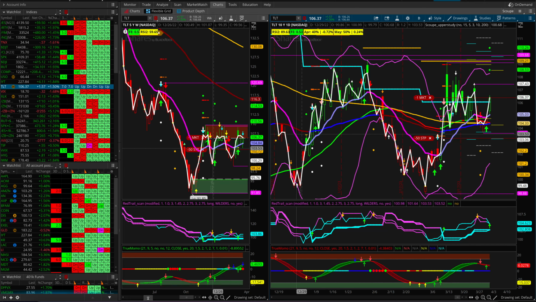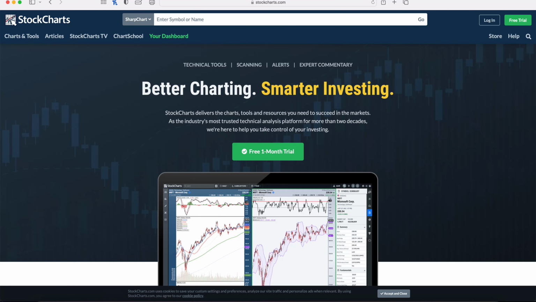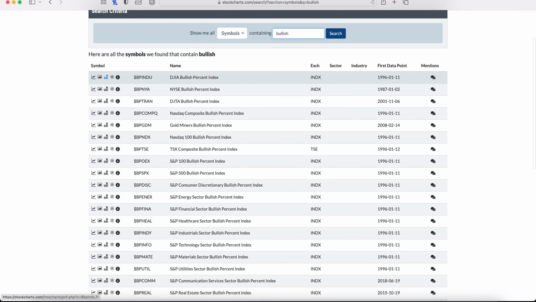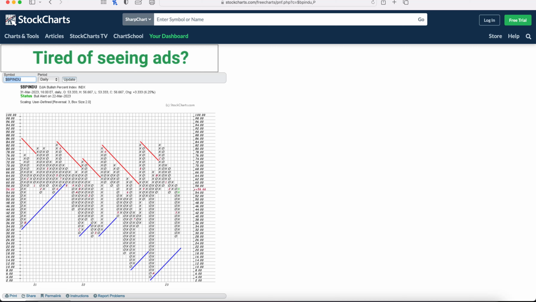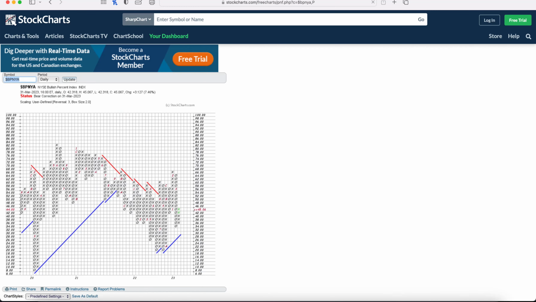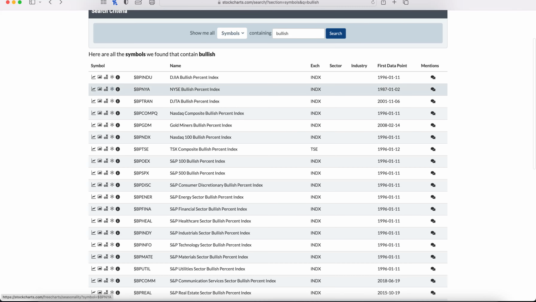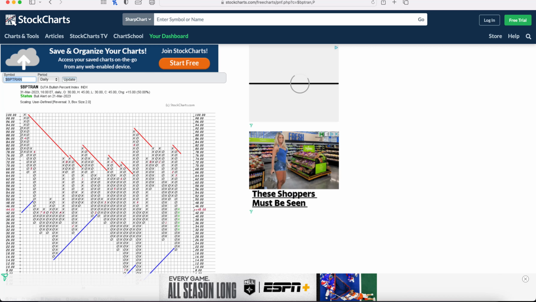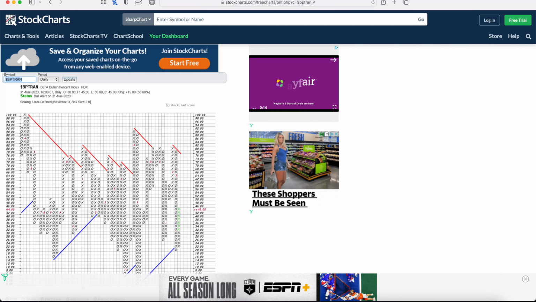All right, and then we're going to flip over to the bullish percent indexes on stockcharts.com. We're not affiliated with them at all, but we use them along with a lot of other people. So here is the Dow, tacked on a couple new X's today. The New York Average tacked on a couple X's today. The transports, quite a bit today to the upside, 50% change. So that's pretty cool.